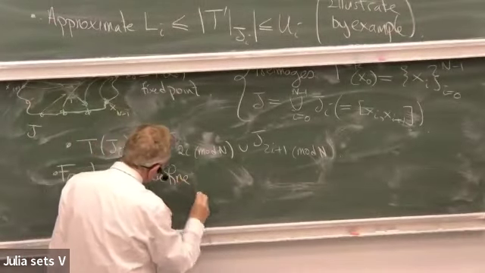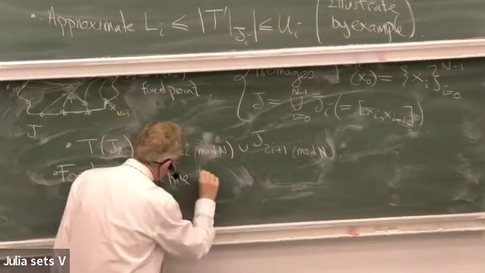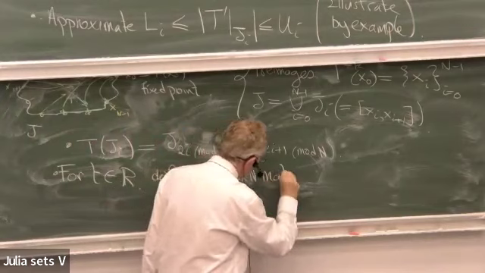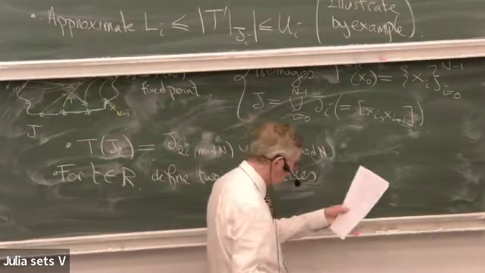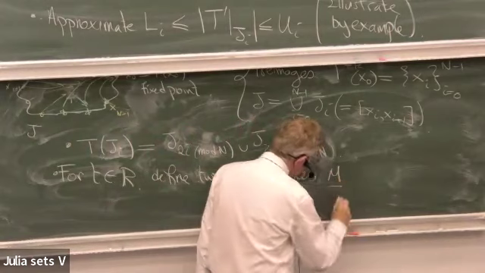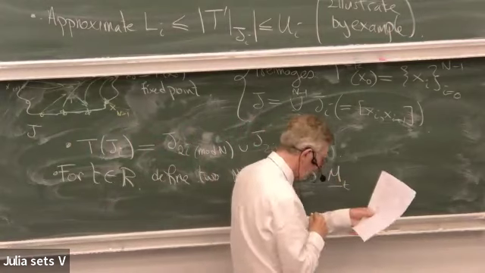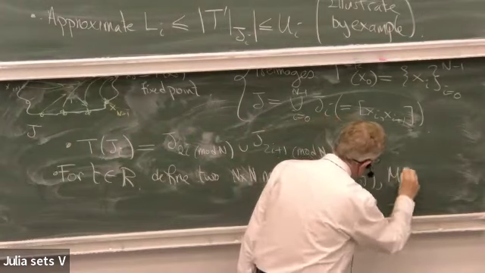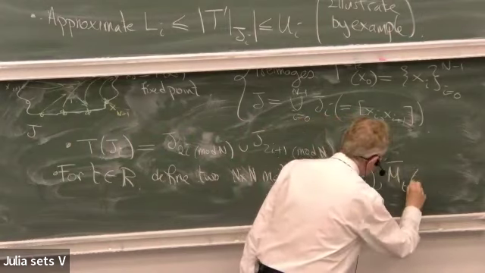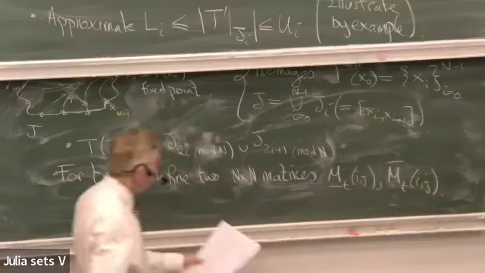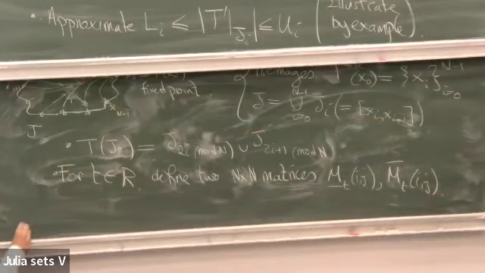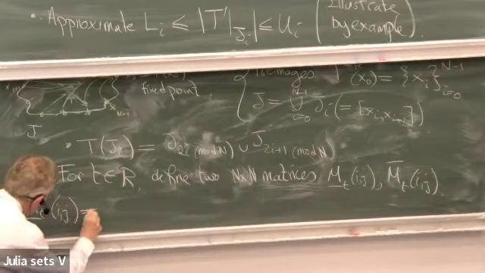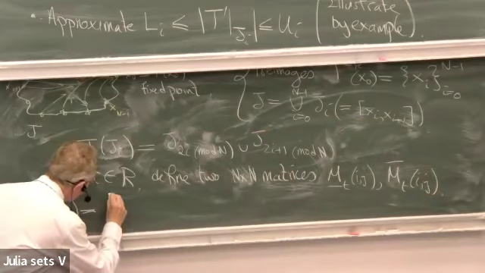So define two n by n matrices, which I will call, how about M_t, with entries i and j, and the other matrix will be M_t overscore ij. So they depend on t, and the way they're defined: I'll define M_t bar ij. What's it going to do? It's going to simply be equal to